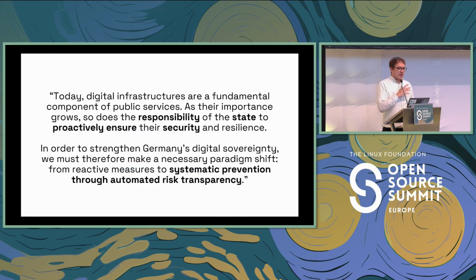As this is growing step by step, we see a responsibility for the state to proactively ensure this security and resilience. So in terms of OpenCode, we said we need a systematic approach of prevention through automated risk transparency. Because if you know a lot of your risk in advance, you can start organizing yourself through prevention